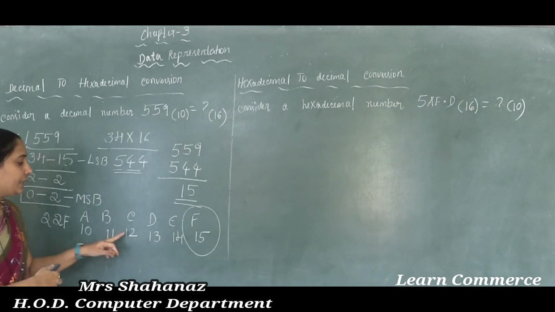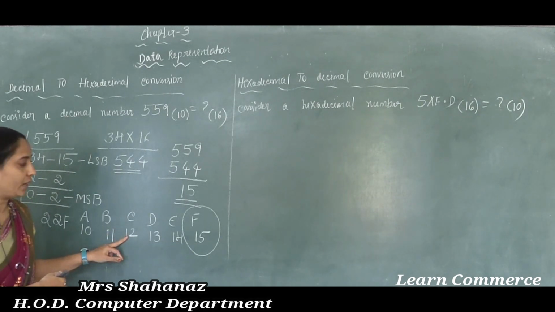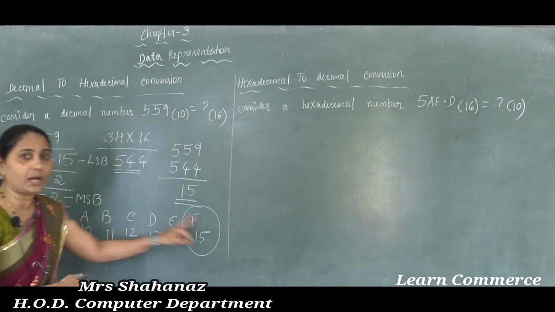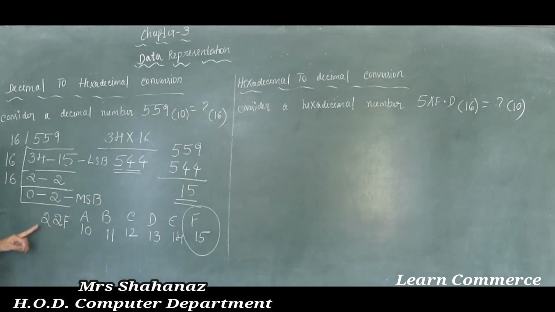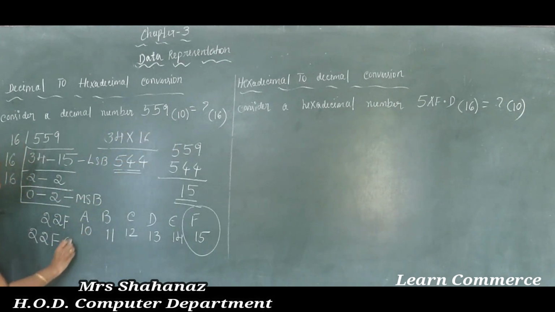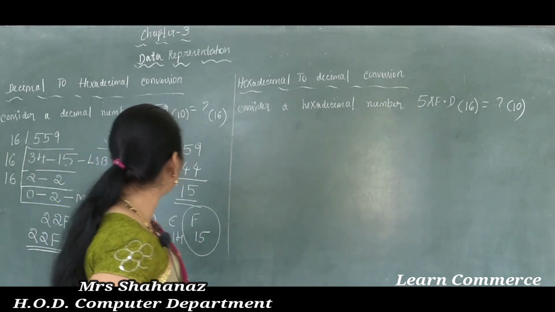As we know the digits, correct no? A, B, C, D, E and F have decimal equivalents: F value is equal to 15, or 15 value is equal to F. So I wrote the answer as 22F. Clear this one here? So the answer is 22F. Now, as we know, we need to convert to the decimal. So base of 16. So this is the answer of this question. So clear this point here? How are we going to convert?